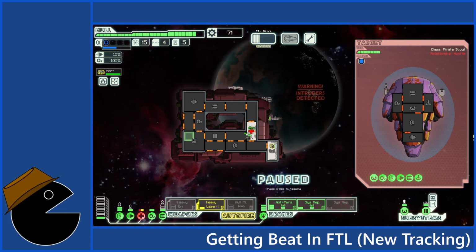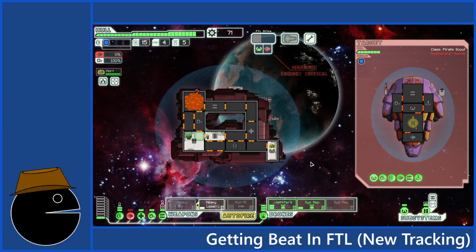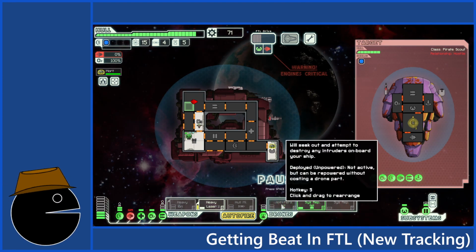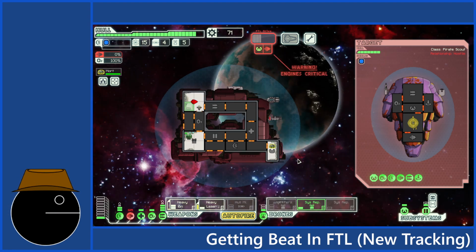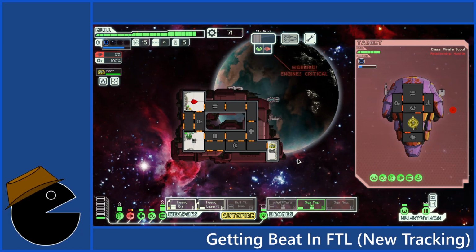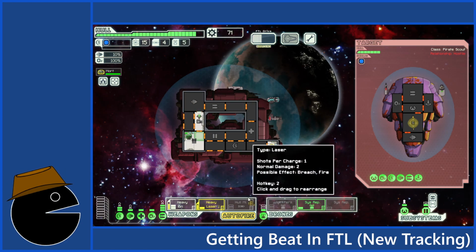I don't have auto fire on. Now that there is nobody left in my ship, I can go ahead and deactivate the personnel drone. Turn on the auto scan. This way, I can deactivate your shields and also secure damage.